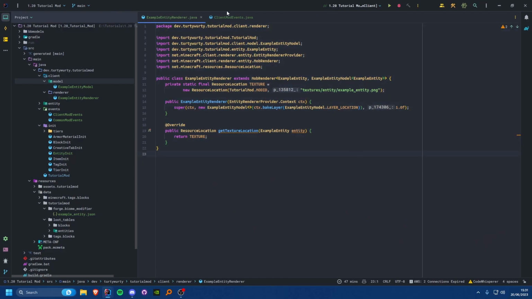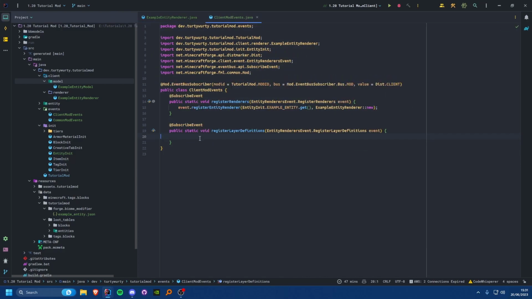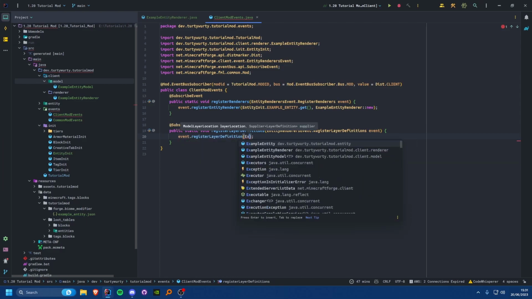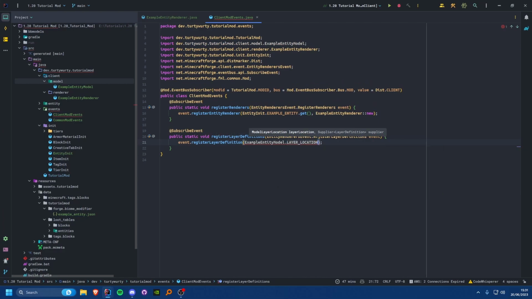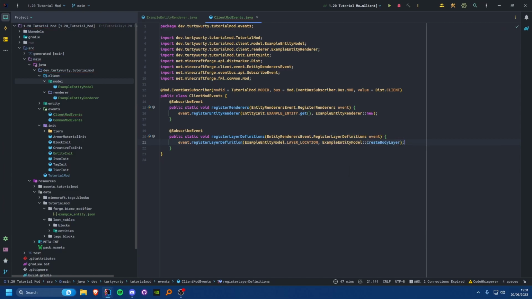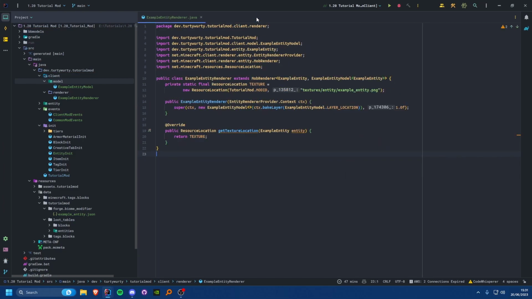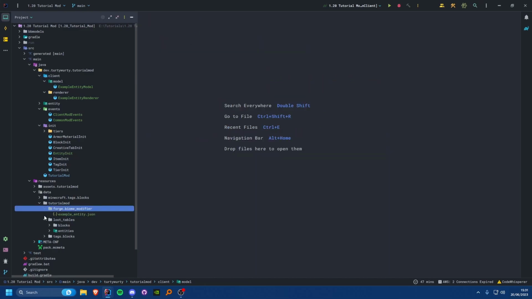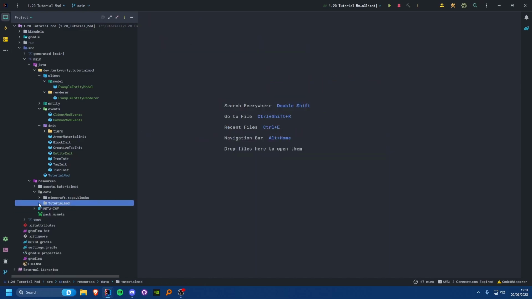those errors are fixed. And now inside of our client mod events, inside of the register layer definitions, we can do event.register layer definition. We want our example entity model .layer location, and then we want example entity model: create body layer. Okay, once you've done that, you can close that class. We can close our renderer, and all we need to do now is just make sure we have our texture